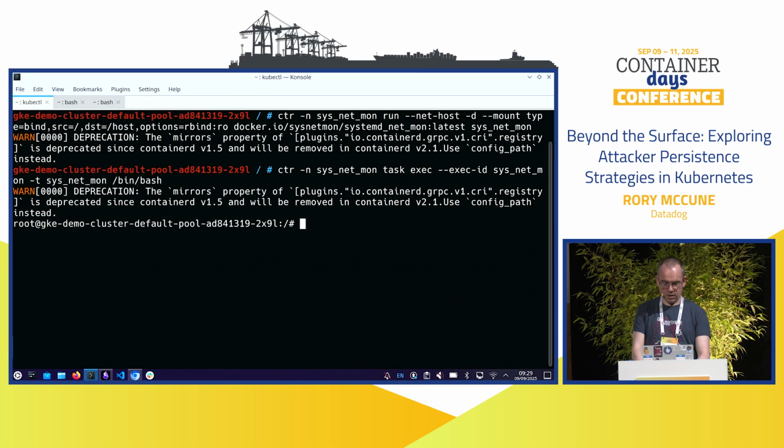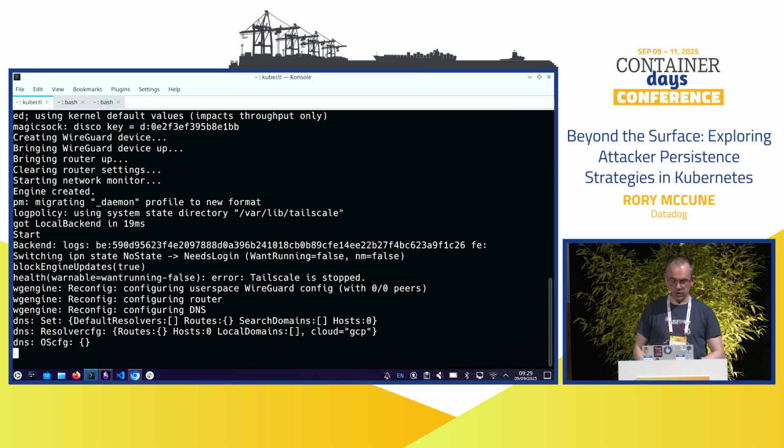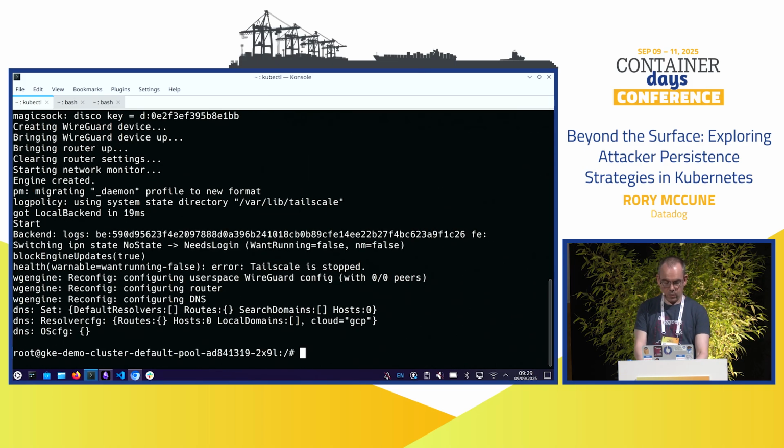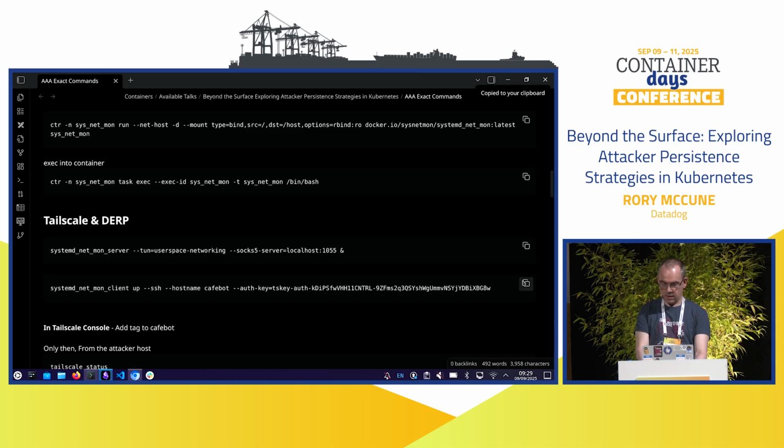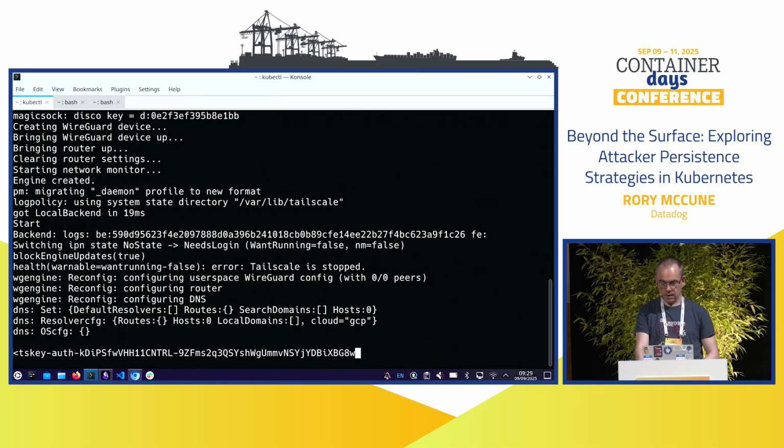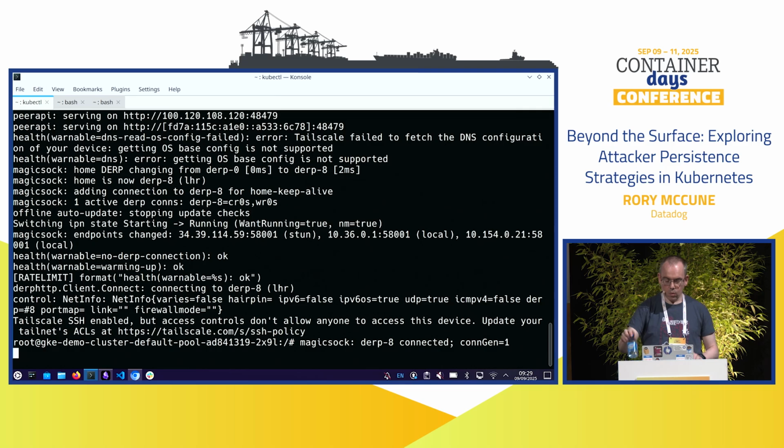So we can run this, which is our systemd netmon server, and we can also run this, which is our systemd netmon client. And if you did a process list on this host, potentially looking for things that shouldn't be there, all you would see is systemd netmon server and systemd netmon client. And the question you have to ask yourself is, would you recognize that automatically as malicious? Or would you think it was just something that GKE had put onto your host and was running for you? Depends on how well you know your process lists. Anyway, that gives us our setup.